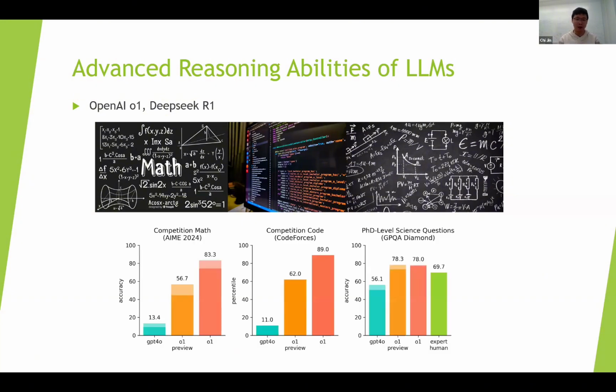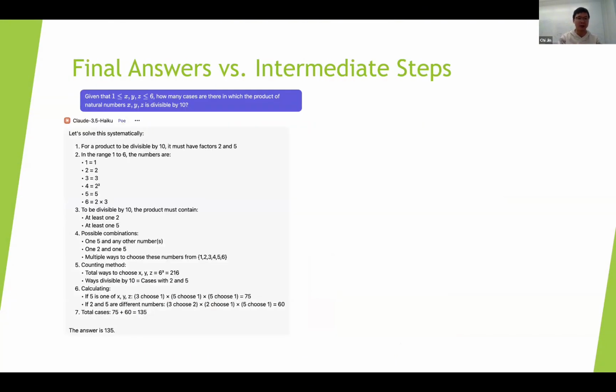This is a picture they showed of how much achievement they get from O1. For example, the previous generation model GPT-4o gets only about 10% on this competition math dataset, AIME, while O1 is now able to achieve 83%. Similarly for competition code and for graduate-level question answering. I'm personally really amazed by those performances, and when I tested it, I was very excited to see that they actually provide some very good reasoning on how to solve the problems.